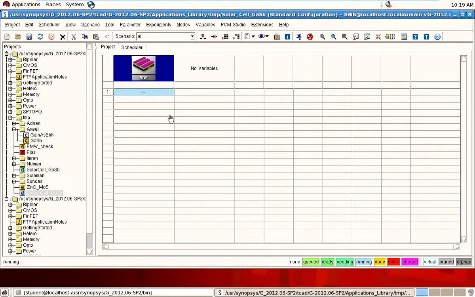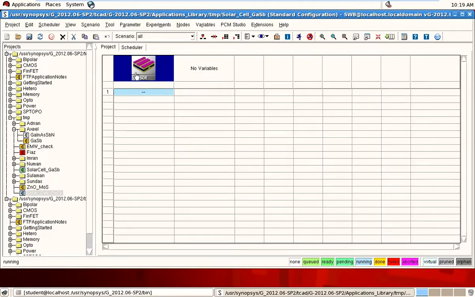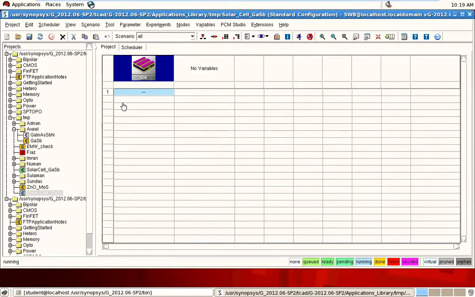Because if we work directly in the graphical mode, it will save the project with the name of the STE model, and if we make multiple changes or a comparison, it will be difficult for us to see the changes. That's why we prefer to work in the command mode window, because if we make a little change in the command file, it will automatically make changes in the output file.